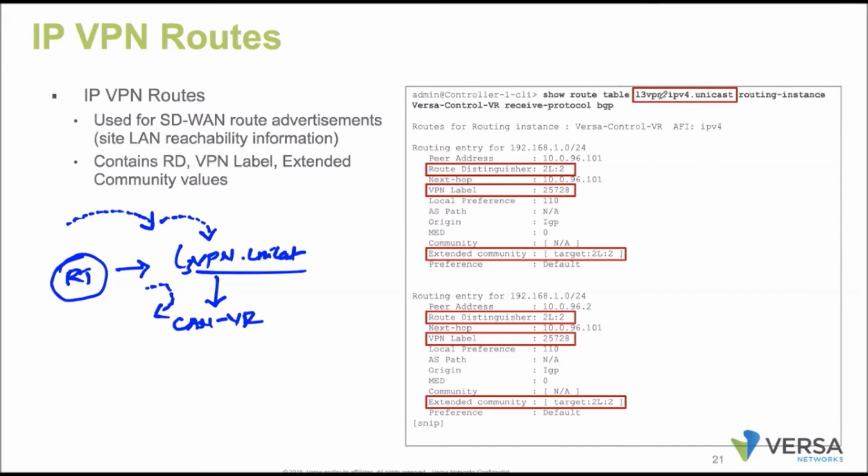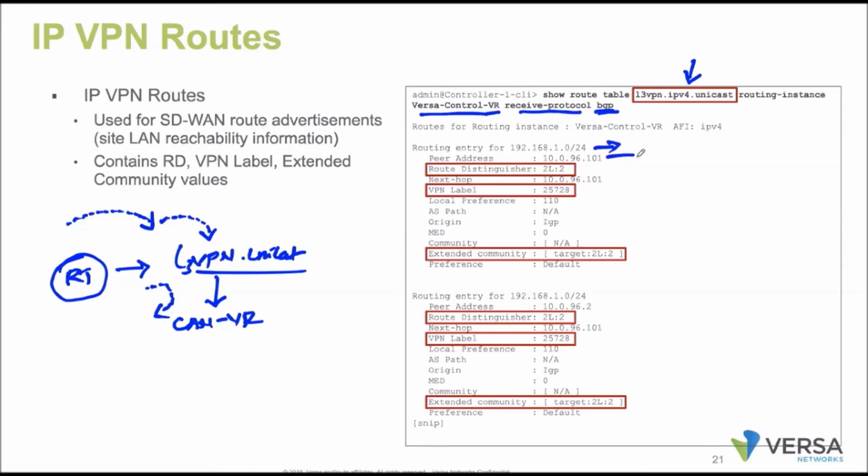Show route table l3vpn.ipv4.unicast. Okay, the routing instance Versa control VR. If you want to be more specific, route receive-protocol BGP. Then it provides you all the advertisements that are received on this table related to the BGP protocol. So if you take one example here, the LAN prefixes are getting advertised with help of the inet-vpn route. Okay, one of the prefixes,